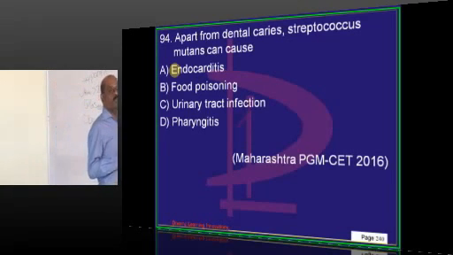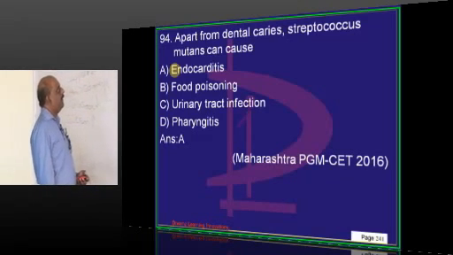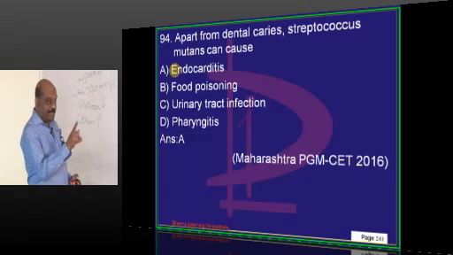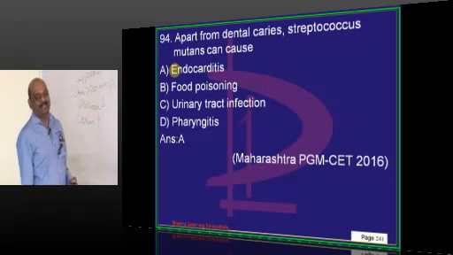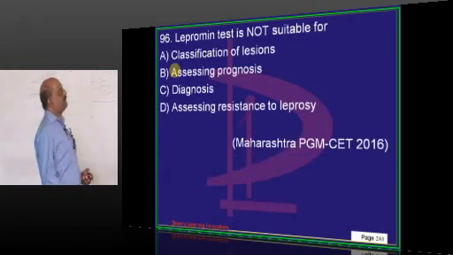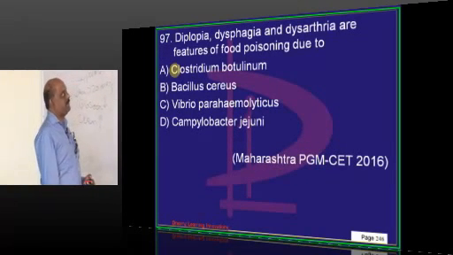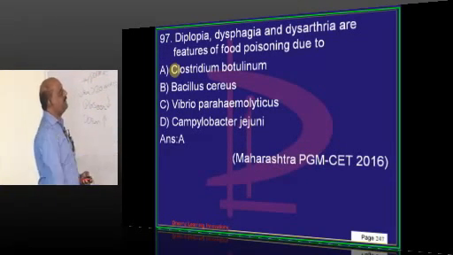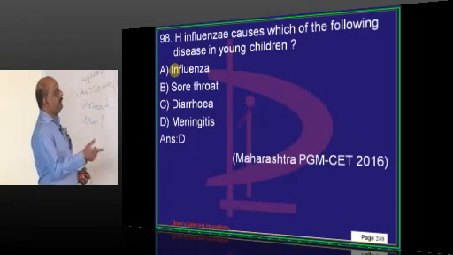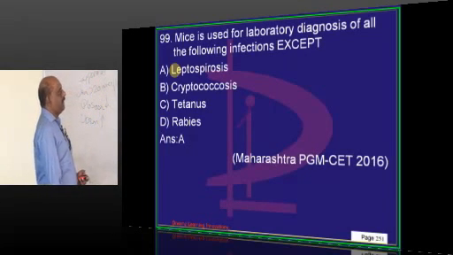Apart from dental caries, mutans can also cause infective endocarditis. And once more, endocarditis is a high yielding topic. If it is there among the options, that only can be the answer. Right? Then Corynebacterium is Albert-Stein. Leprosy test is not for diagnosis, only for prognosis. Diplopia, dysphagia, dysarthria are all botulinum toxin. H. influenzae typically leads to development of meningitis. Mice is used in the laboratory diagnosis, not for